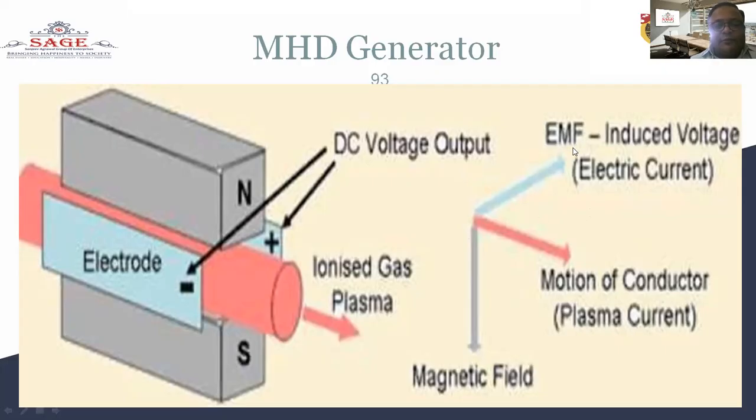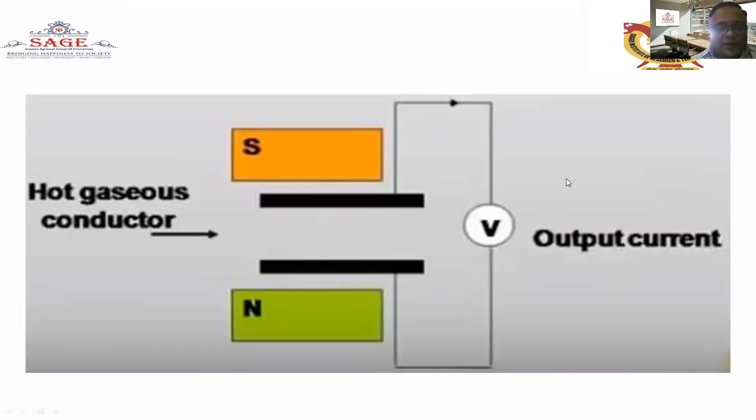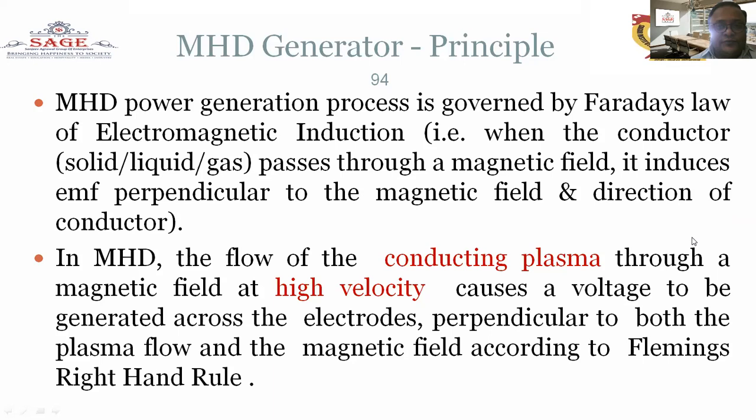It will be perpendicular to the motion of the conductor, because the current is passing in the opposite direction of the conductor. The hot gas conductor moves between the south and north pole, and the output current voltage is maintained at the other side. This is the principle of the MHD power generation process, which is governed by Faraday's law of